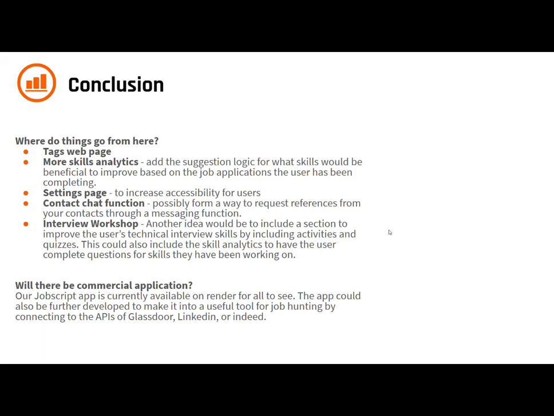Our app is available on Render, but it could be further developed in the future to make it more useful if we connected it to APIs of Glassdoor, LinkedIn, Indeed. You could pull in your contacts from LinkedIn, you could pull in applications from Indeed,